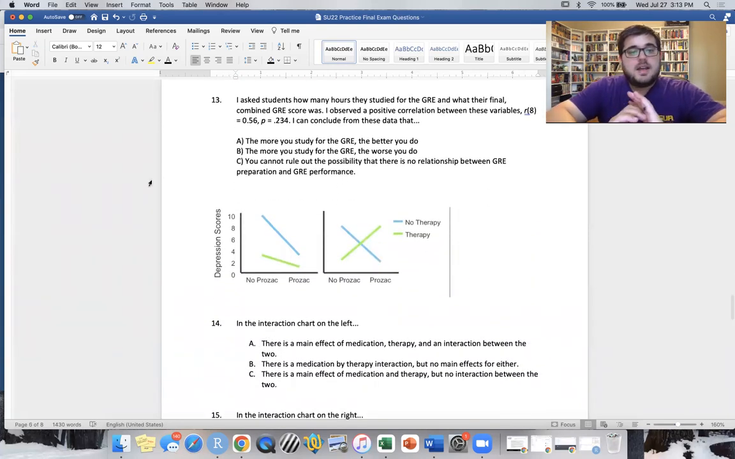Let's see. I asked students how many hours they studied for the GRE and what their final combined GRE score was. I observed a positive correlation between these variables. Correlation coefficient r with 8 degrees of freedom was equal to 0.56, p equals 0.234. I can conclude from these data that,